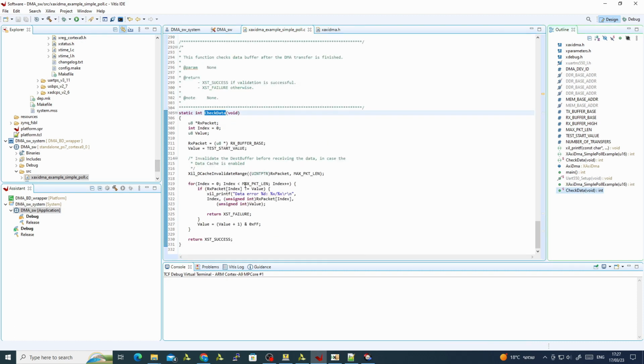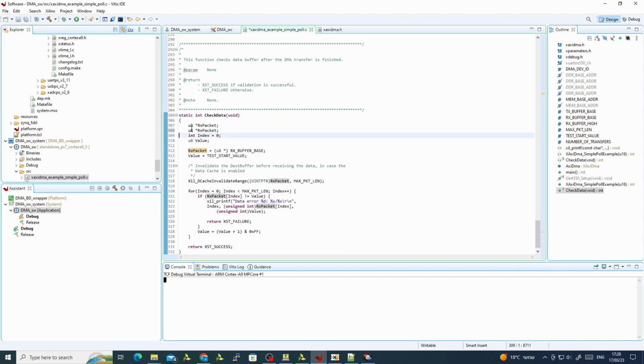As we can see here, the check data function actually looks at the RX, the received buffer, and it generates the data as it was generated in the previous function, in the simple poll example function, and compares. We don't want to compare this to generated data again and again. We want to compare it to the original data in the TX buffer. So we will add the TX buffer,